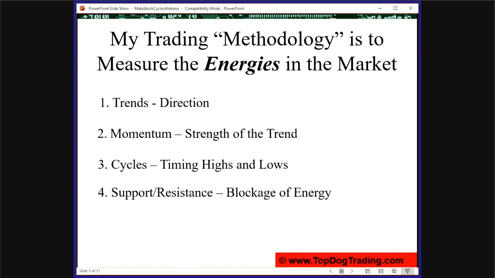Support resistance, very important. All traders use this that I know of that at least are making money. These are areas where supply and demand has come in the past. We look for them to either hold or break into the future. Those first four are used on one time frame. Then, as our fifth step in the five energy method, we go to the next higher time frame. And there, we look to trade in the direction of momentum of the higher time frame.